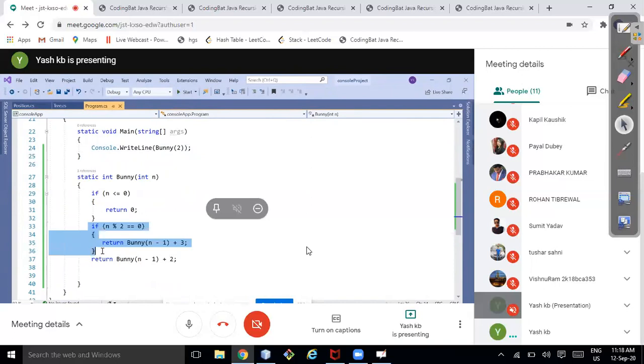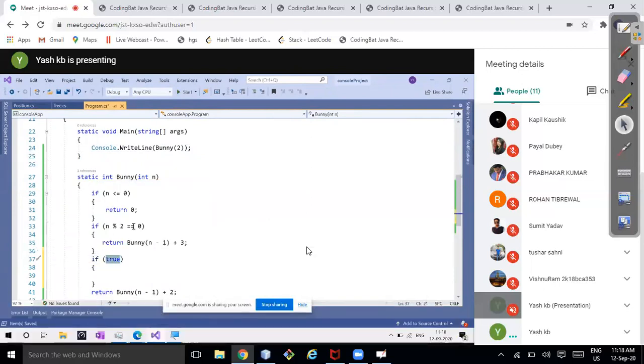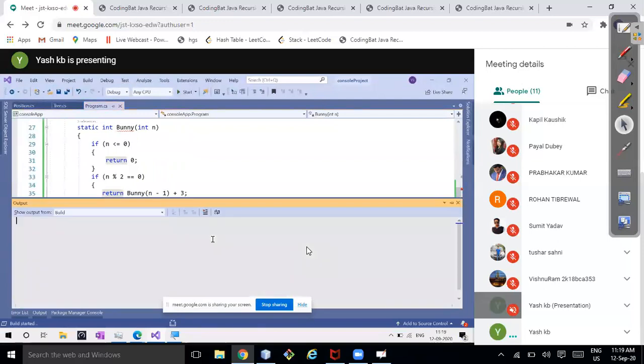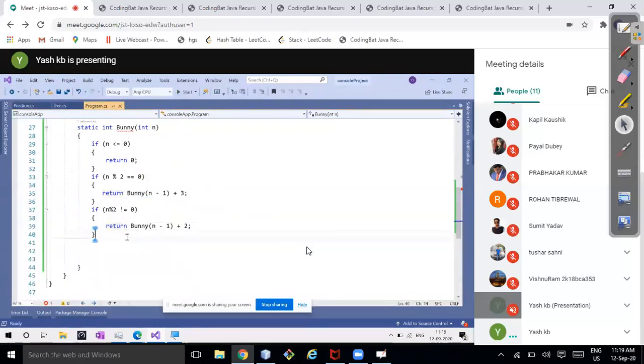One more condition, if n modulus 2 not equal to 0, then you are returning. Copy that one. So in these three if blocks, I am covering all the cases, but still it is asking to write a return statement. Why is that needed?